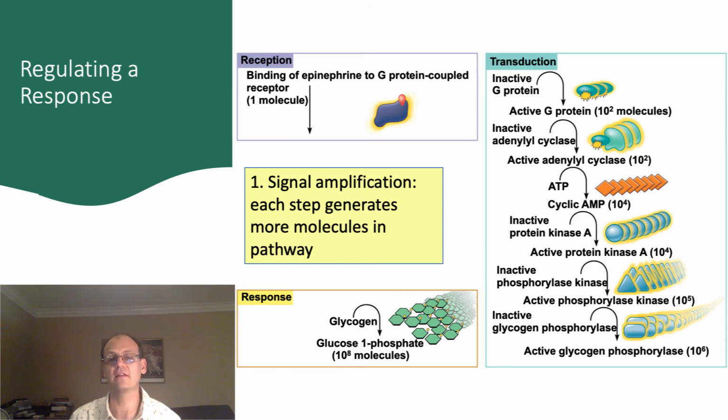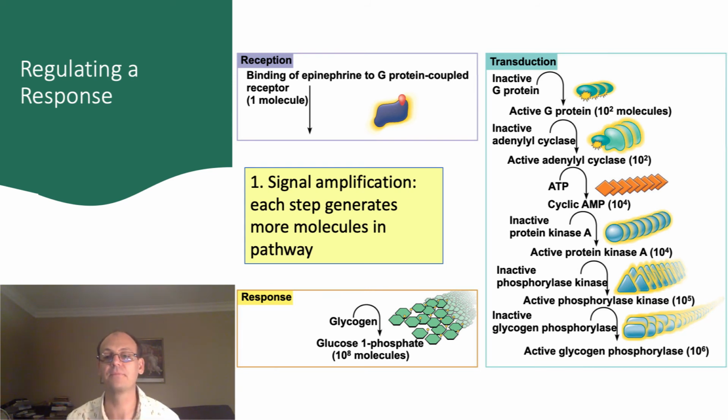Remember that signaling molecules may be relatively rare outside of the cell, and so it's often useful for those few molecules that find their mark on the cell to be able to elicit a very strong response in the cell. In the example shown here, a single molecule of epinephrine is bound to the G protein coupled receptor on the cell membrane. Once it has bound, it may cause the activation of 100 G protein molecules, and these will activate